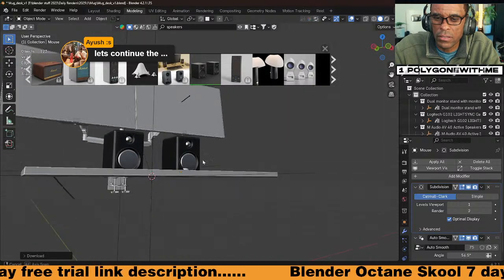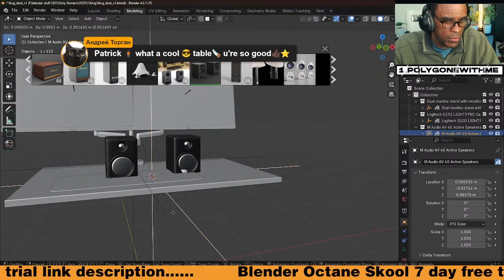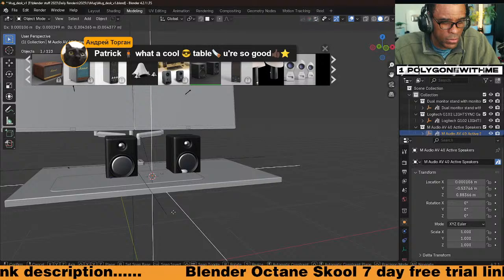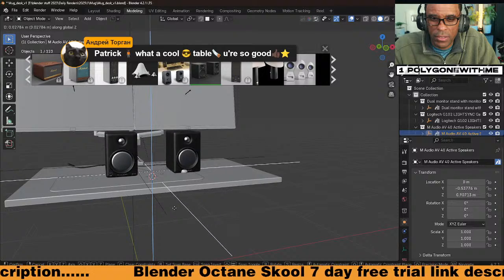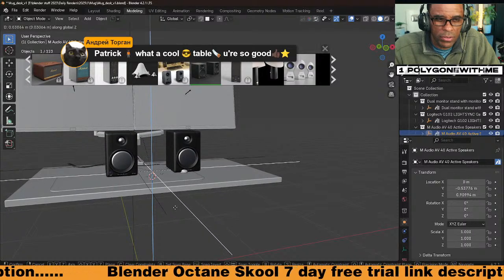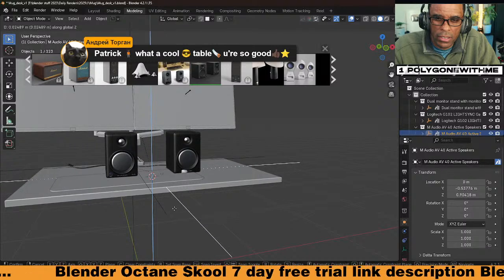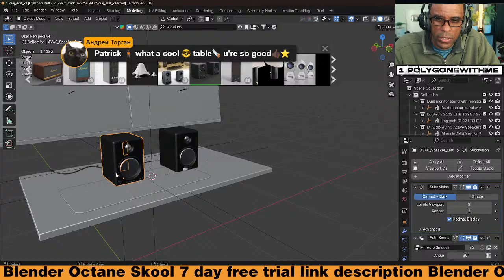Let's continue though. Patrick, what a cool table. You're so cool. Thanks, mate. We're just playing, like I was saying earlier, in my Blender Octane community, we're doing a mug challenge, like a coffee mug.